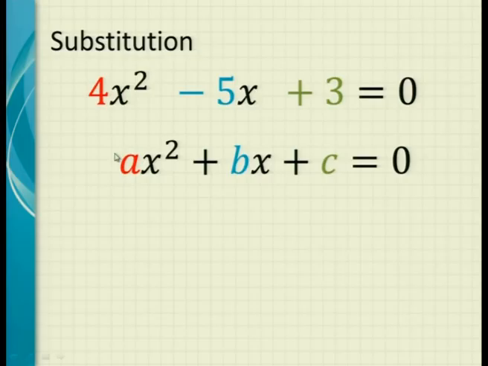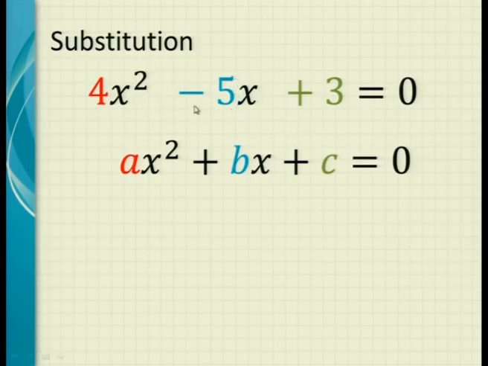The A can be represented by the 4. Can you see that? The B, what happens here? The C, and what happens here? What's written here is actually 4x squared plus, in brackets, minus 5x, and plus, in brackets, plus 3. But because a plus sign and a plus sign gives you a plus, we normally just write the one plus. And because a plus and a minus gives you a minus, we just write the minus.